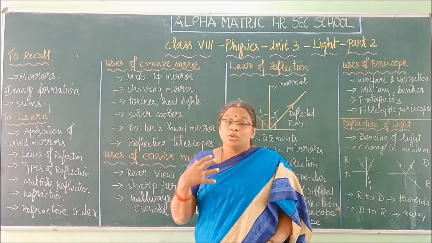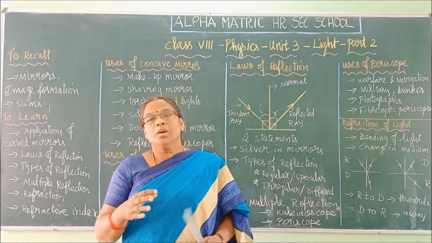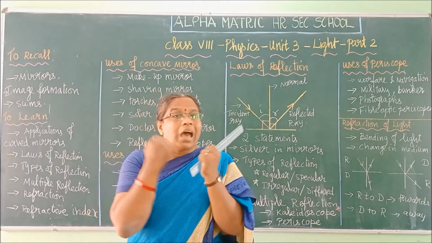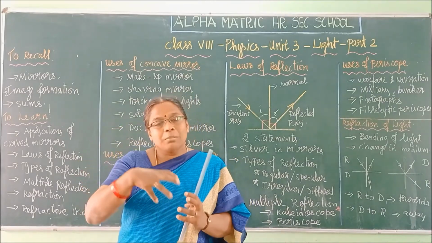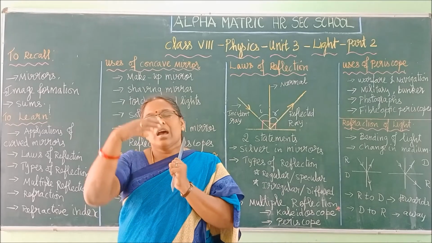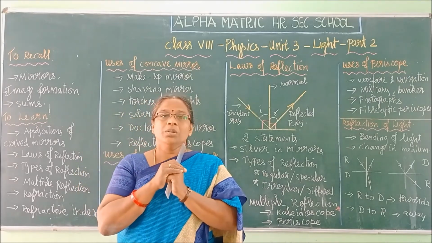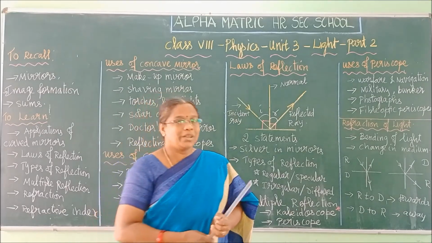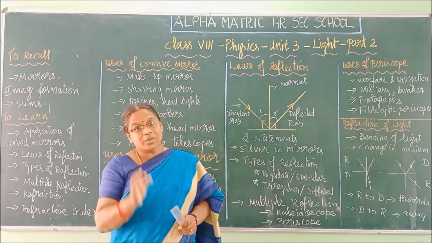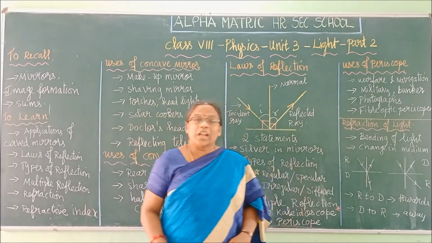Even in the military, to safeguard ourselves, we will bunk ourselves. The soldiers will bunk, means what? They can run and hide themselves in a pit, and down in the bunks they will hide themselves, and just hide and see the movement of enemies on the ground. So just to see the movement of the enemies on the ground, they use these periscopes. Very good use with a very simple scientific principle. Yes, no children? Right.